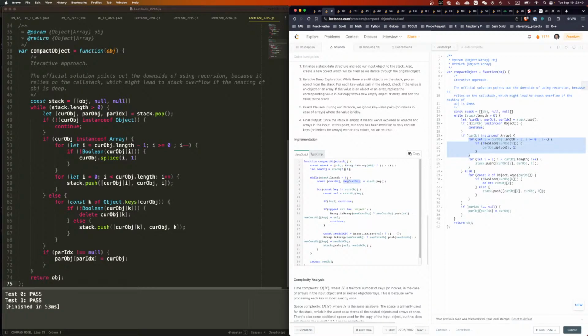And I start putting things into the new current object. And I will, for the key in this, value equal to this, that's fine. If not value, I will just use Boolean, right? Which means if it's false, because if it's false, we'll take it out. Otherwise, then we say if it's not an object, then